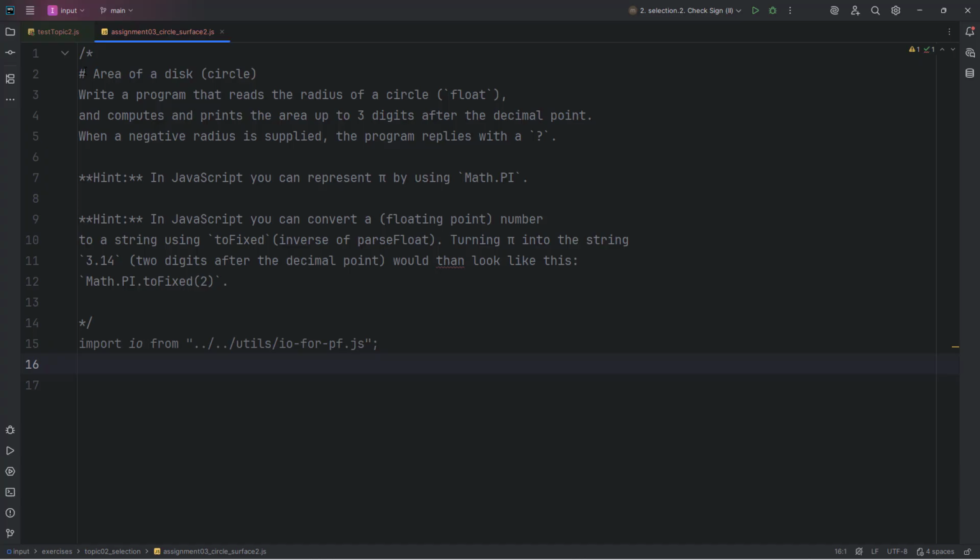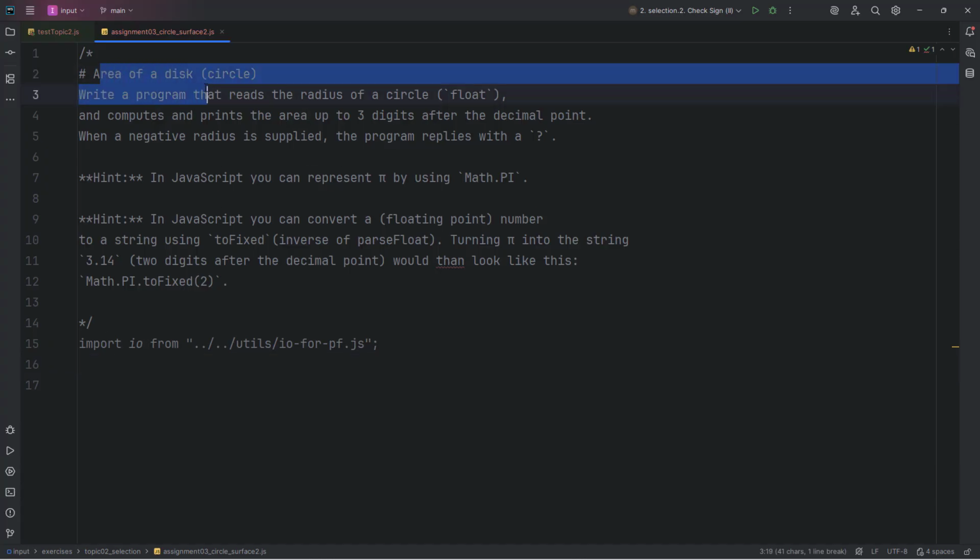In this exercise we're being asked to again calculate the area of the disk. I say again because that's one of the exercises in the previous topic where we had to do this, okay? But now, in the previous exercise we didn't need to care about negative radiuses being supplied, because after all the formula for calculating the surface or the area of a disk